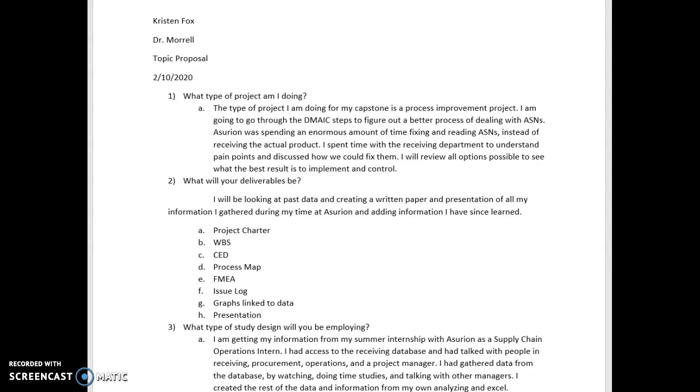A little background on why I'm doing this project: I spent a lot of time in the receiving department trying to understand pain points of the ASNs and how I could fix them. So I am going to use any data that I have from that summer and information and notes that I've gathered through meetings with procurement, operations managers, and the receiving department, going through the steps of defining, measuring, analyzing, improving, and controlling, to come up with a final paper and